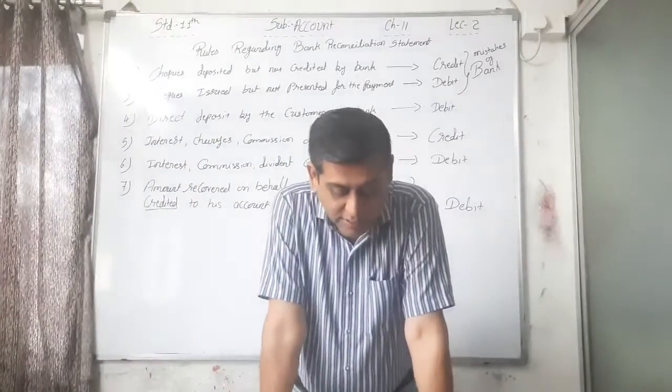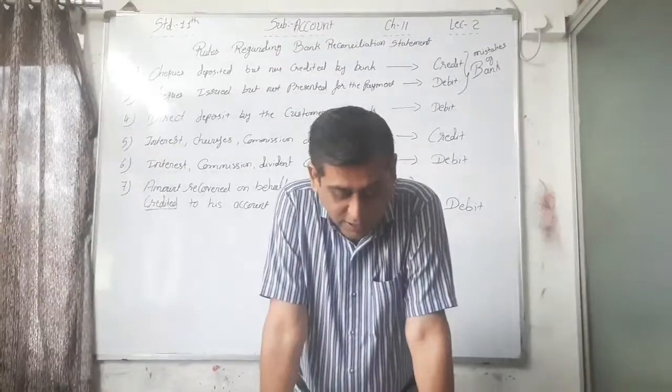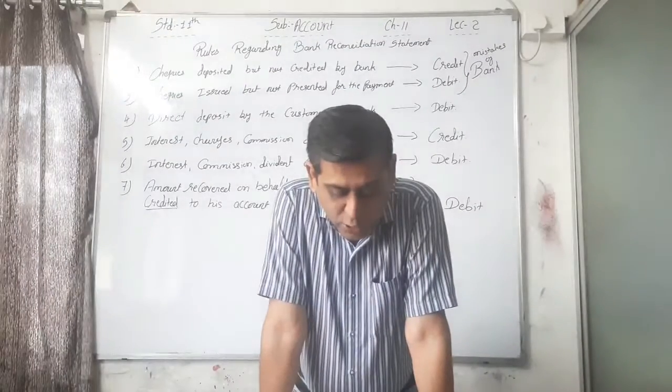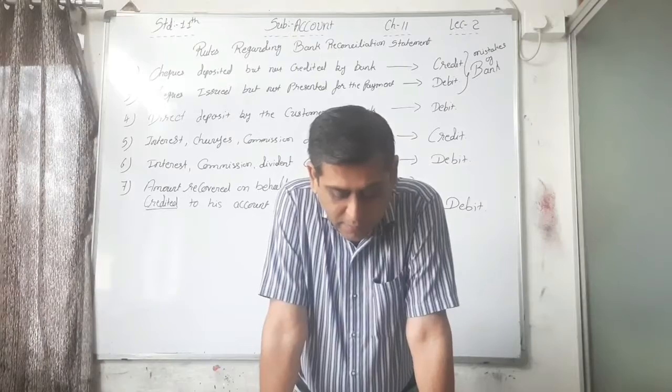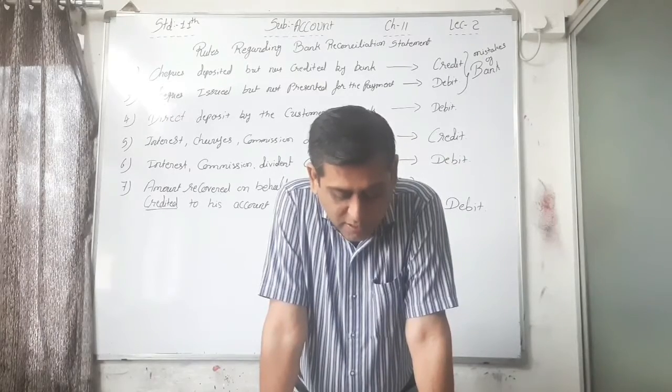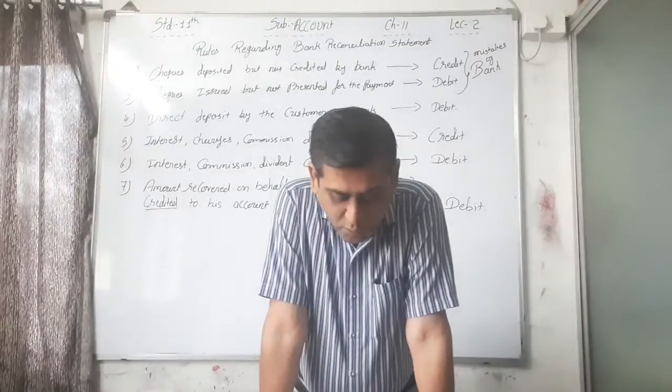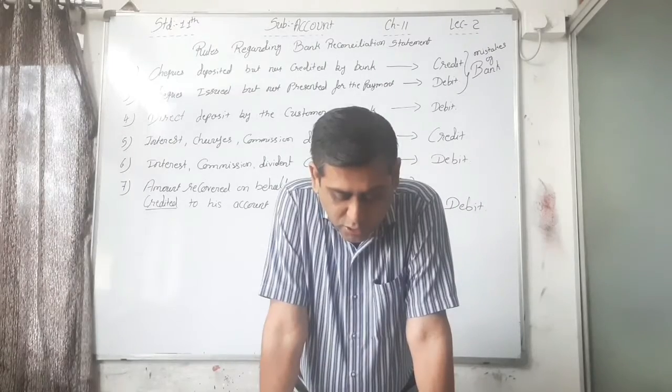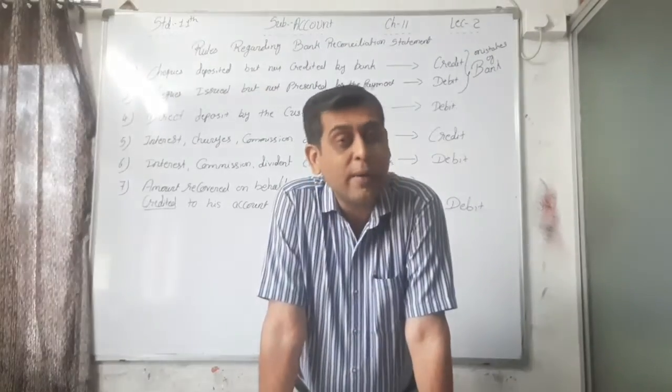When the bank has collected any amount on behalf of the trader and has credited it to his account, for which there is no information with the trader, then the bank balance as per the cash book will remain less than that of the passbook. For example, according to the instruction of the trader,